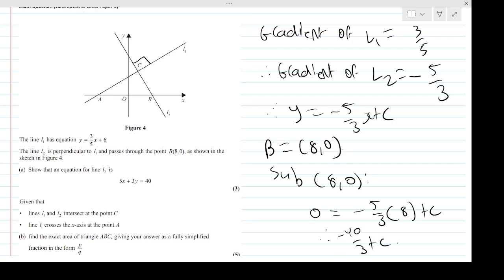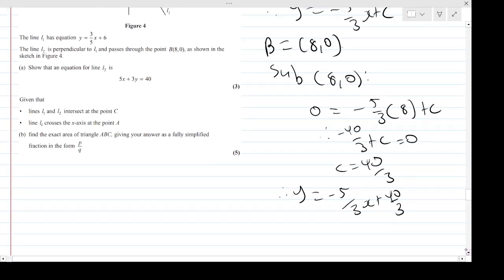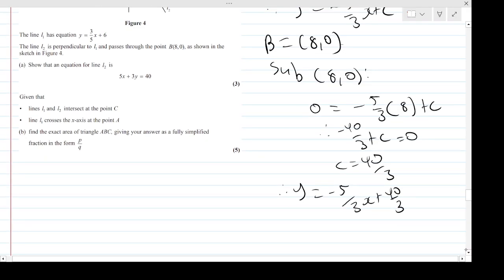Plus c equals 0. Therefore, I can easily say that c is 40 over 3. And therefore, our equation is y equals minus 5 over 3x plus 40 over 3. Okay, but we need to show that the equation rearranges to this. So firstly, I notice x and y